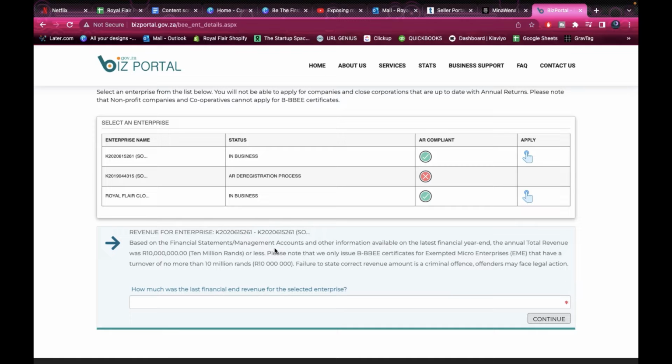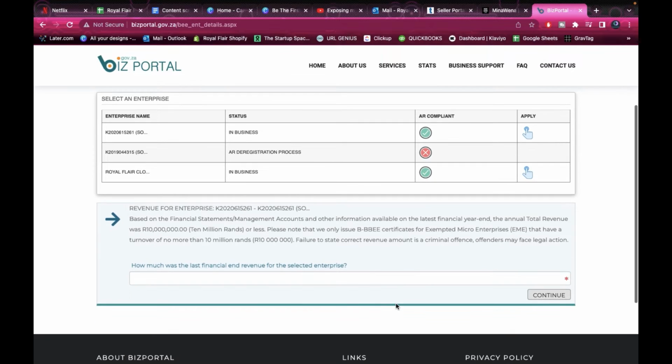Now, you have to declare the revenue for your enterprise. So this business, all I've been doing is doing YouTube and helping people for free. I'm only starting to provide a service. So in the past, whatever year or whatever, I haven't actually made money from it, right? So I am going to say 0 for the turnover. My turnover is 0. So then you click on continue,